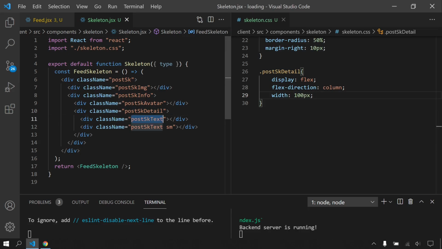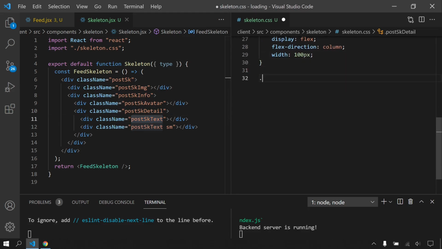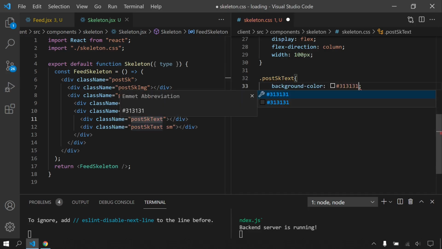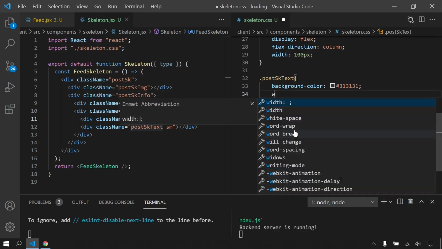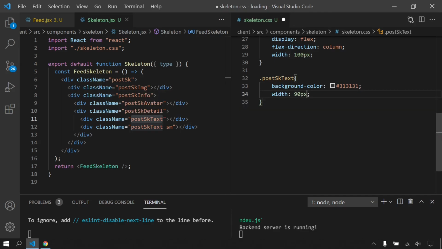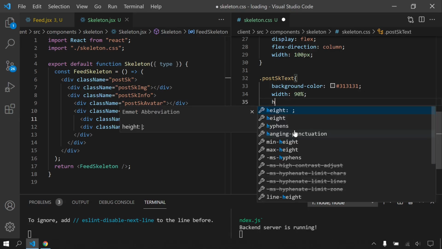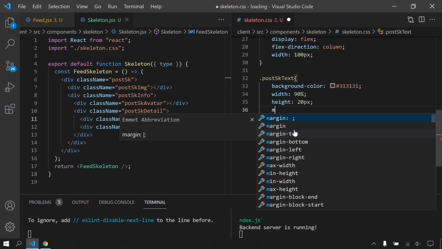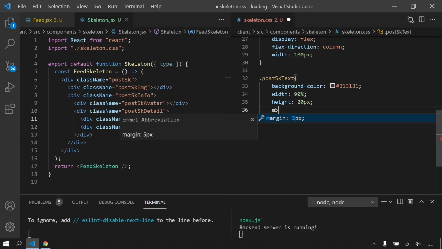I will say post text, background color again 31, and width will be 90%, not pixel, percent, and height will be 20 pixels. And I'm gonna give some margin between this first text and last text. It's gonna be margin bottom 5.